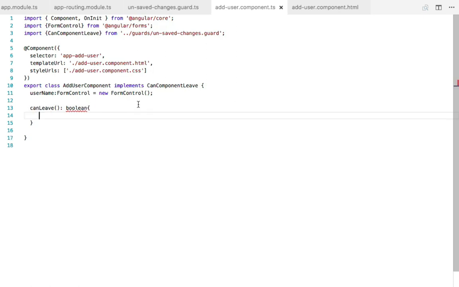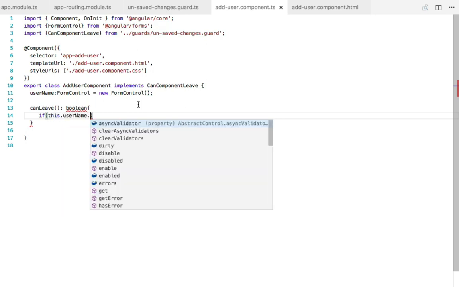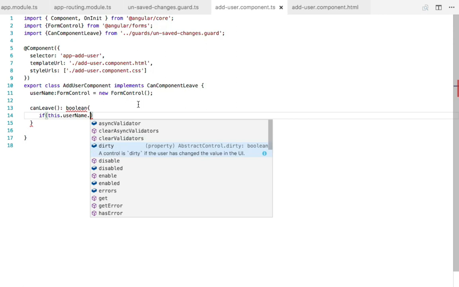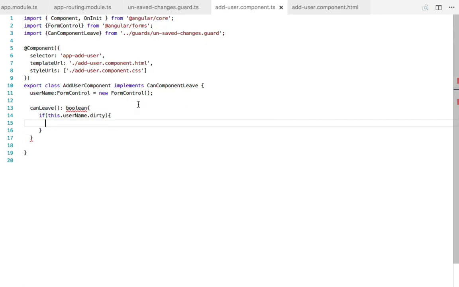So the logic which we have written in the guard regarding the form, that logic will go into the component itself. So here we can say if this.username.dirty, in that case I will return window.confirm, "You have some unsaved changes.